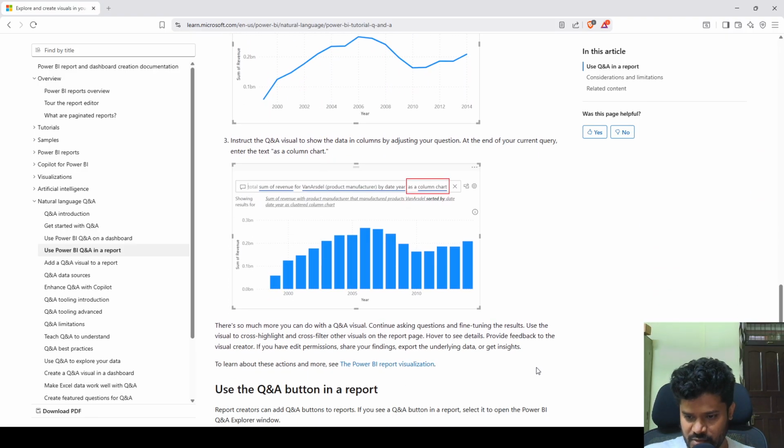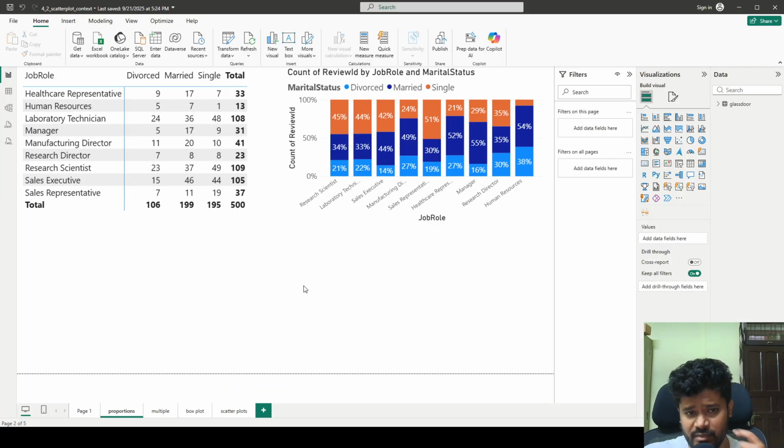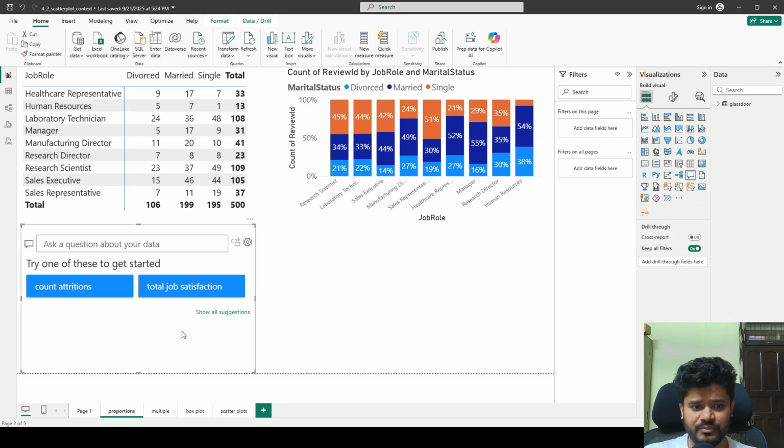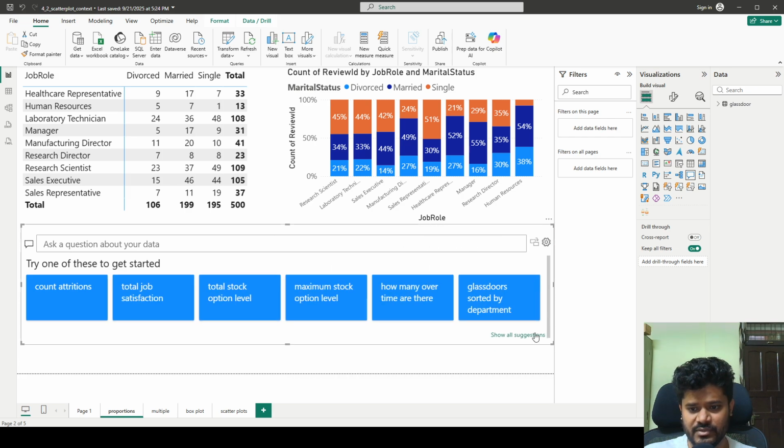Now let's jump and see a Power BI Desktop sample report where we can see the Q&A visual in action. So I have this report where I have the job roles and the marriage statuses, some data. I have this similar graph as well. Now I want to ask similar questions to the Q&A visual. So you have this Q&A right here. You can click on it, and then you can ask your data the same questions and it will give you the answers. For example, let me ask